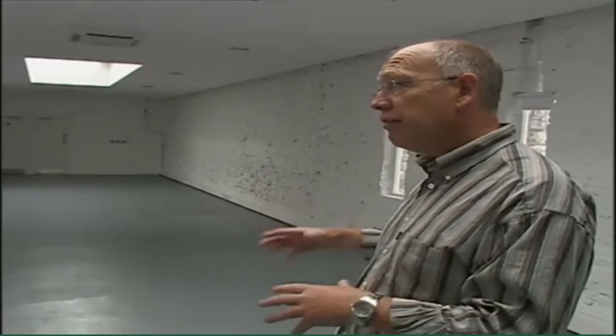We're in the longest room in the castle at the moment. This is the introductory part of the exhibition, and it's going to involve interfaces with a huge amount of screens here in this room, where people can, with gesture technology and touch sensitive screens, explore the origins of life in the universe. Then onto our round room below here, which is going to have another whole array of interfaces